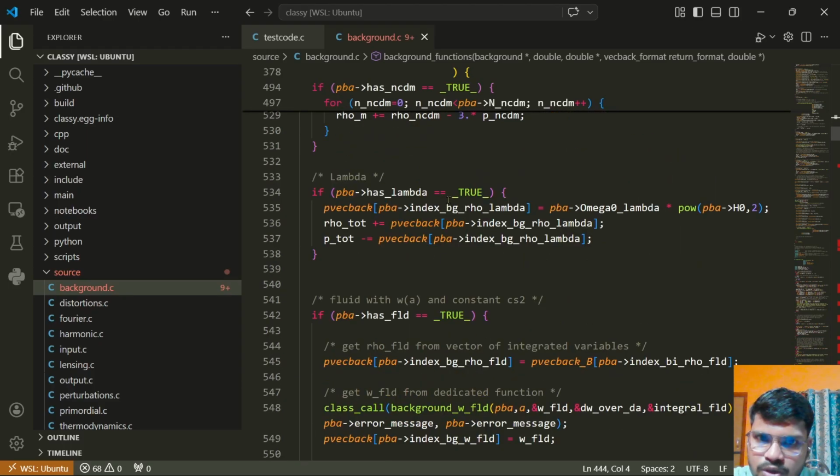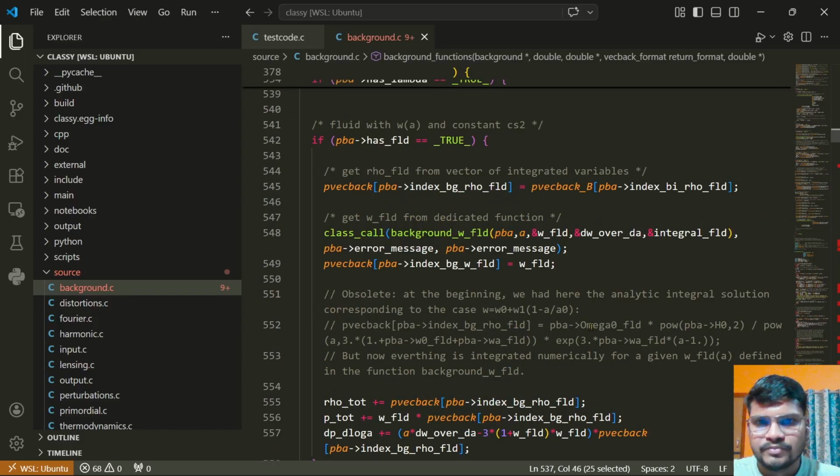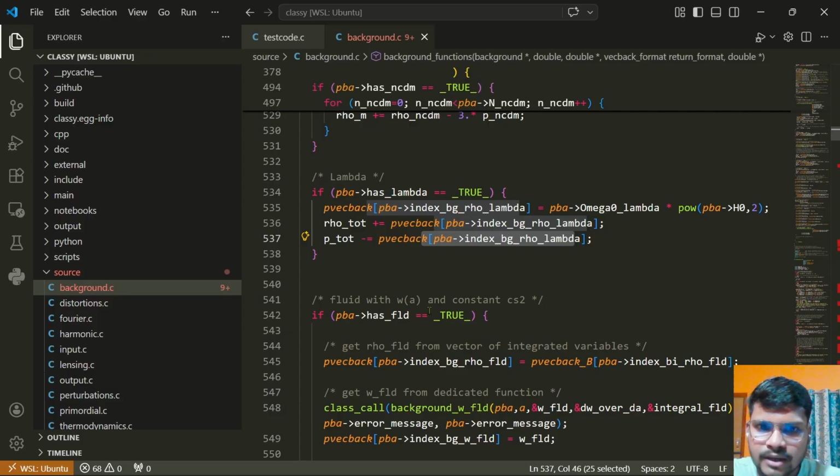If you have this cosmological constant, now it comes to the dark energy, then if it is true, just do the rho total is equal to the same thing, omega lambda, put it over here, p total is this one, dp over dn is equal to 0 and so on. Now over here, everyone can do lambda, but what we need to do is the dynamical dark energy. Now suppose I have this dynamical dark energy where this wa and there is constant cs square,